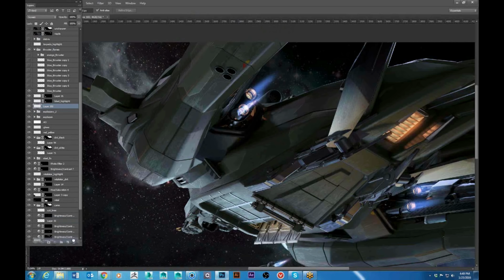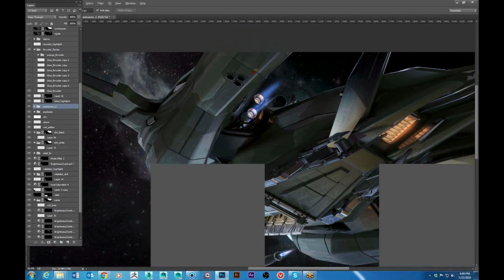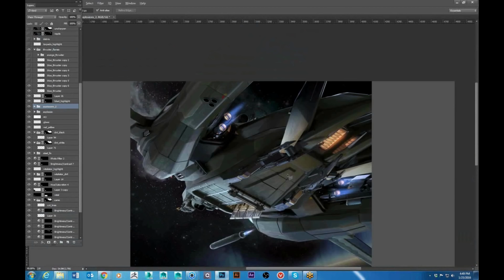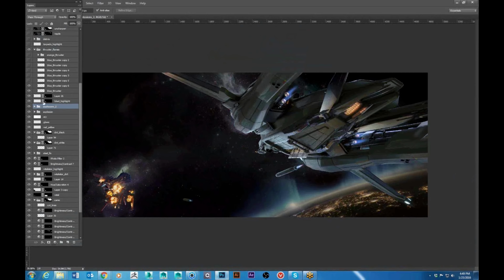So let me just continue to walk through the jet flame stuff. So basically I use that same exact one in multiple positions. So this one is down here. The next one, let's see, where is it? Oh, it's right above it. The next one is for this one right here. And then,